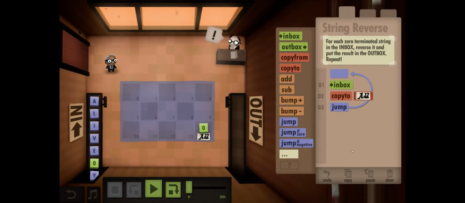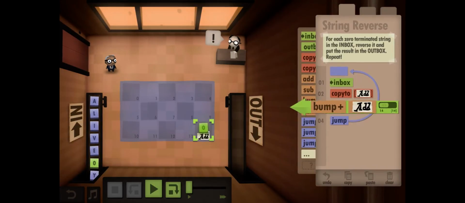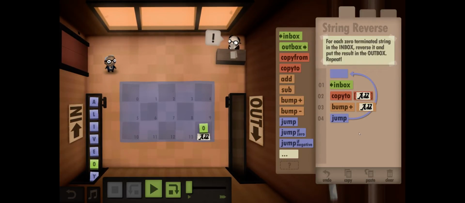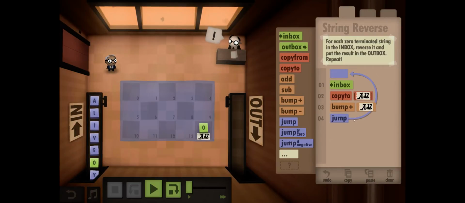And then repeat. So bump up address. Alright, so this will keep feeding it until it's got the entire word in there, and then once we receive a 0 from the inbox,